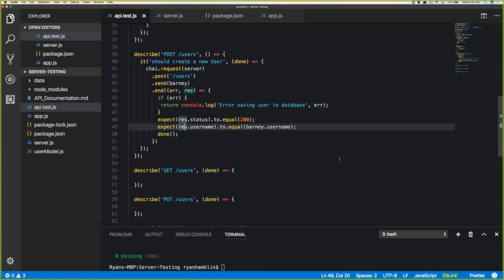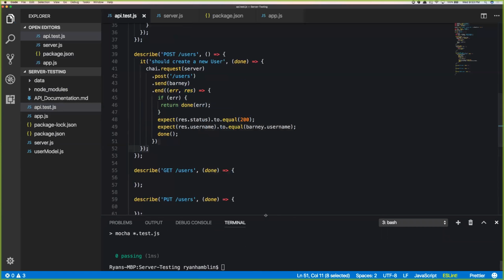Oh, cool. Awesome. Done also accepts an error parameter when signaling completion. That's great. So yeah, you could potentially call done here and then give it your error. I'll bite. White flag, surrender. You guys got me. Cool. All right, so now if we were to run our test suite,